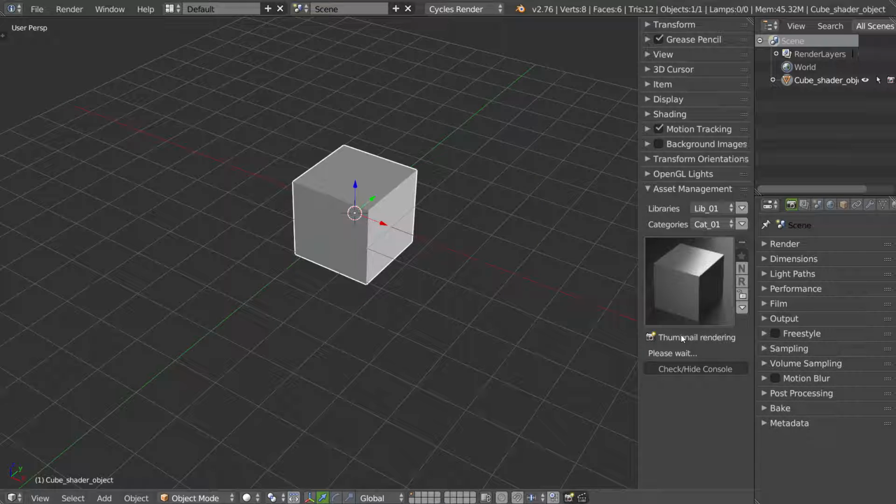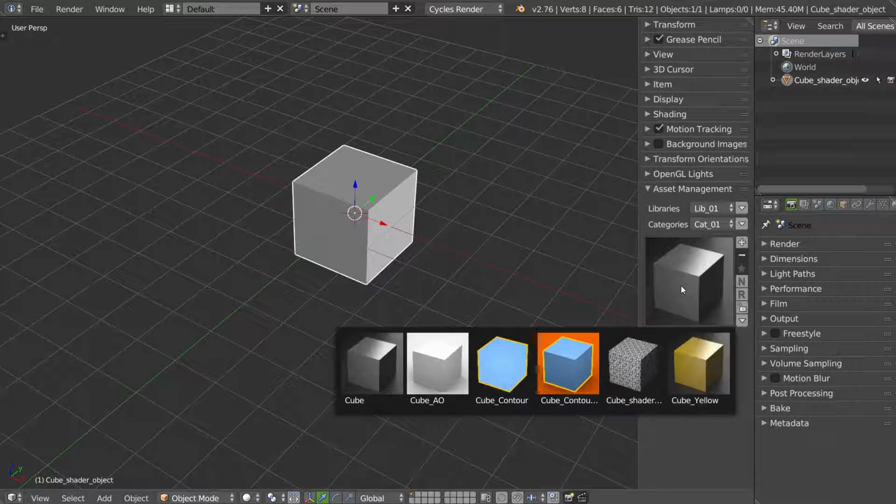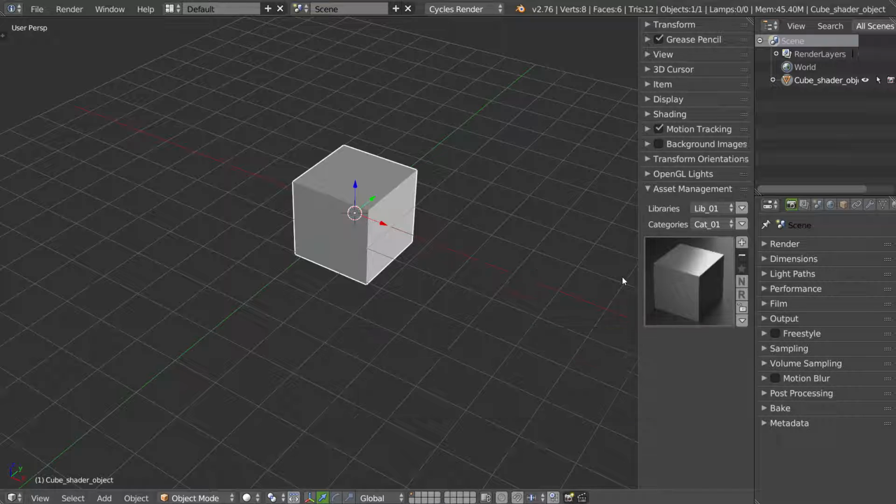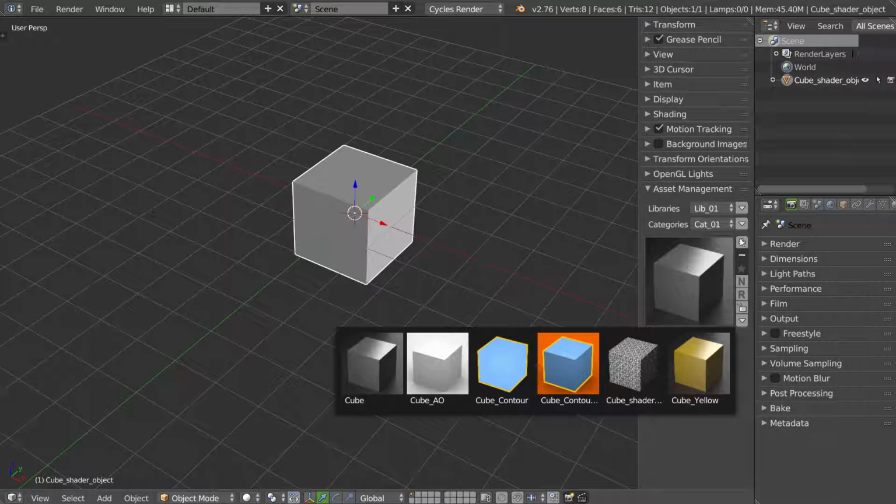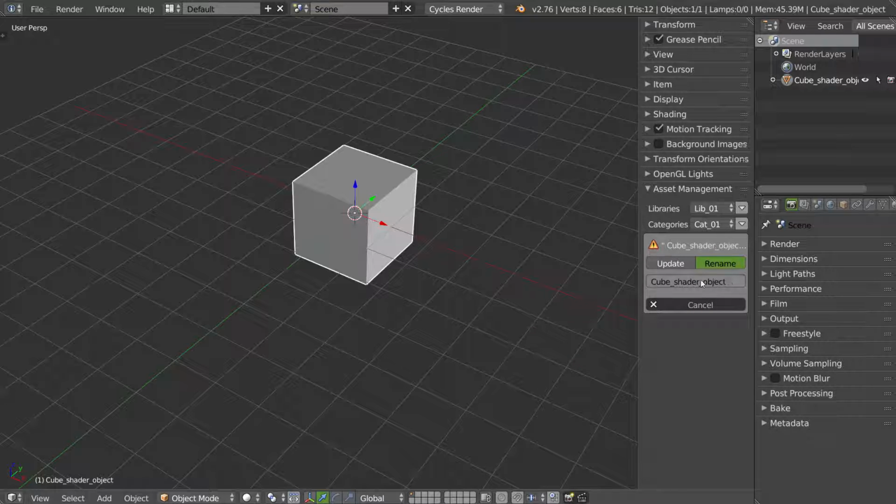Just have to wait a little. And now you have your object with its shader in your library. And as you can see, you have a lot of possibilities. So that's it for the first possibility of the render thumbnail.